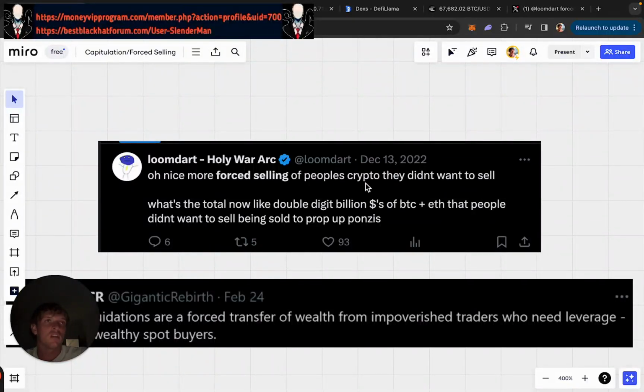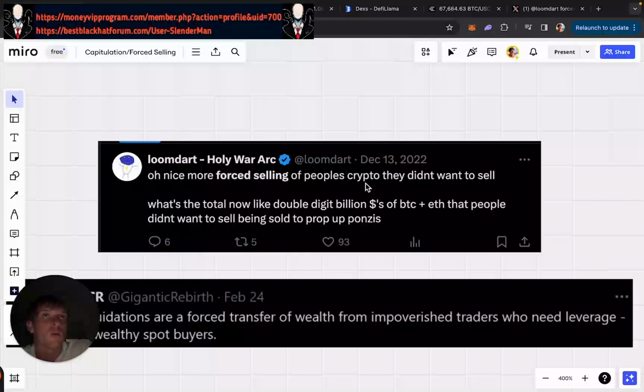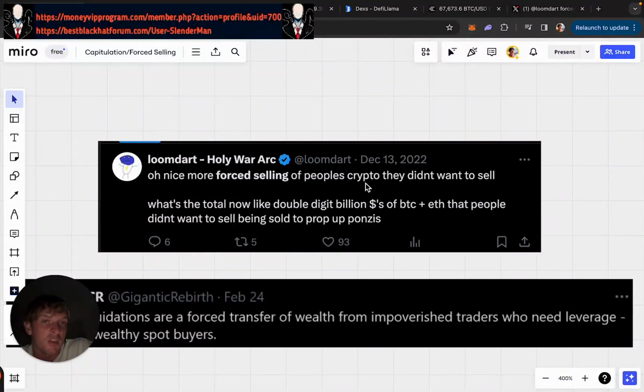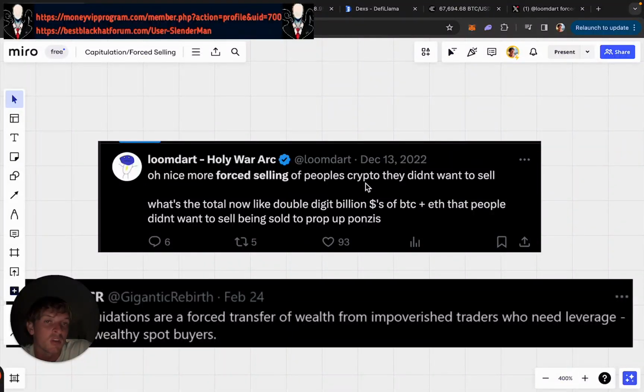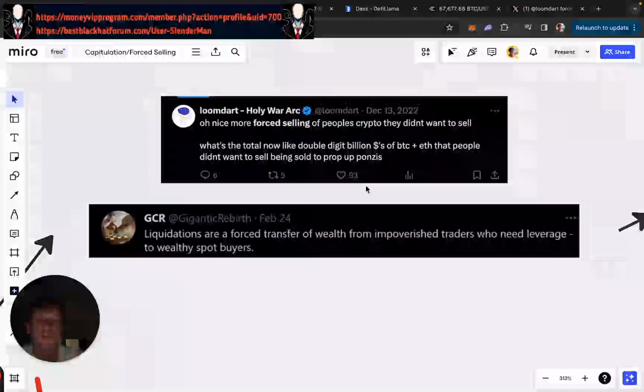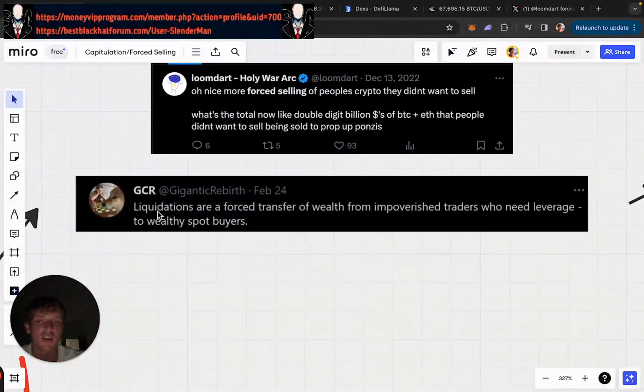Whenever you guys are noticing in a market where people are forced to sell something, that's where you need to be paying attention to be a buyer, because you have to recognize that the price is probably not going to go any lower than where people were forced to sell it, because no one will sell a coin lower than a forced seller. Okay? Now, one other concept I want to talk about is liquidation.